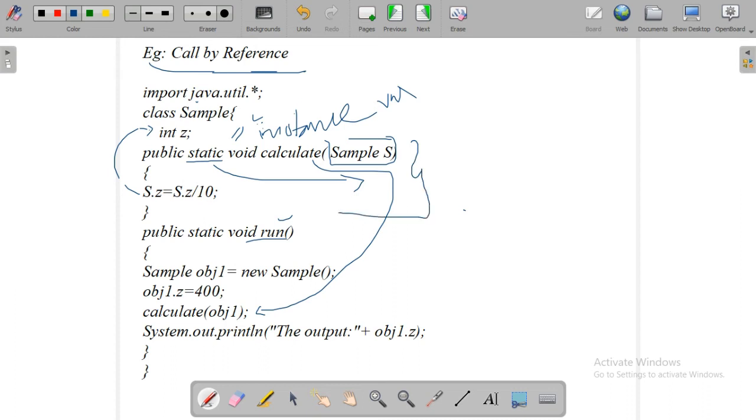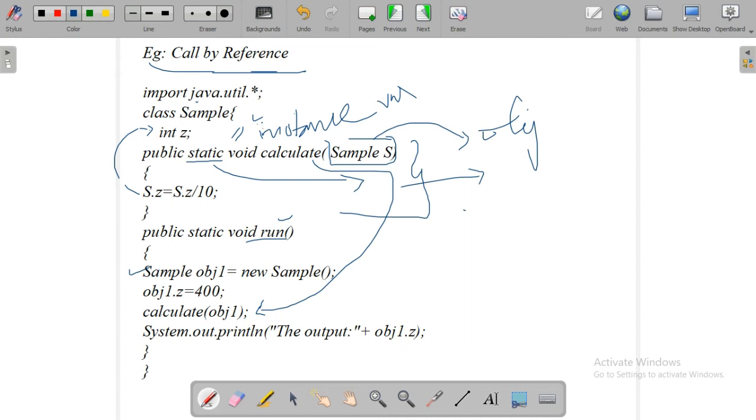And in the void run method, we are calling this calculate method. And calculate of one object we have defined in this method definition. In this method definition, as the argument we pass an object. So in the method call also we have to pass an object as the actual parameter. For that, we are creating an object inside this method: Sample object1 equal to new Sample, and we are giving the value object1 dot z.